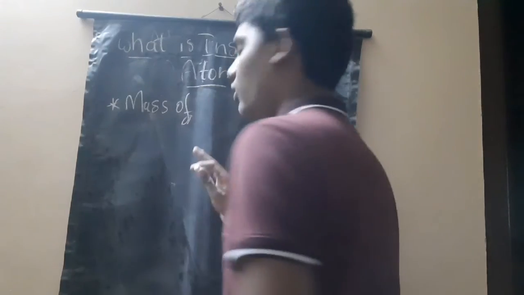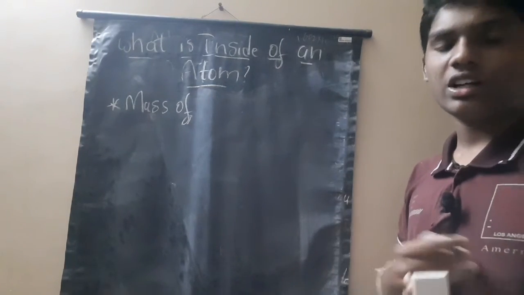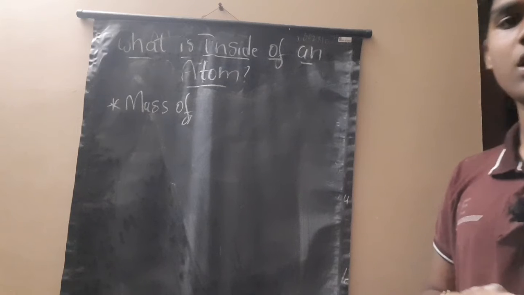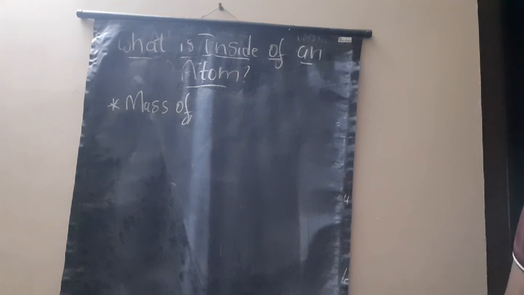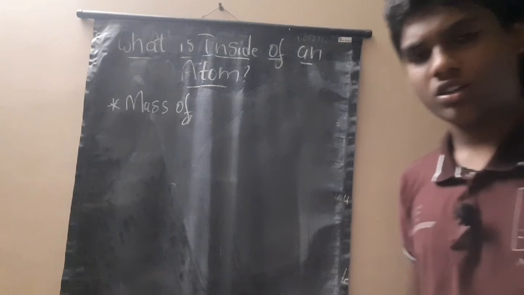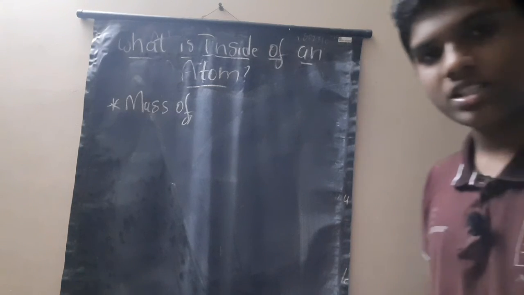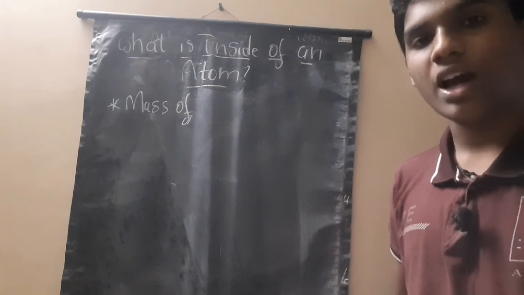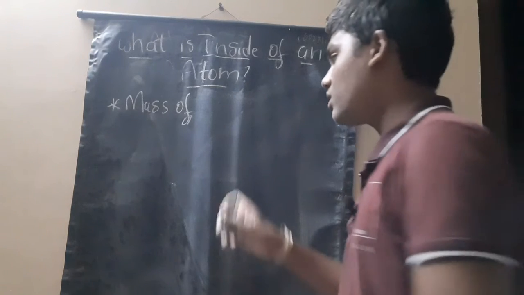We all know that the electron is a negatively charged body, the proton is a positively charged body, and the neutron has no charge. The mass of the neutron is greater than that of the proton and electron. Mass of neutron